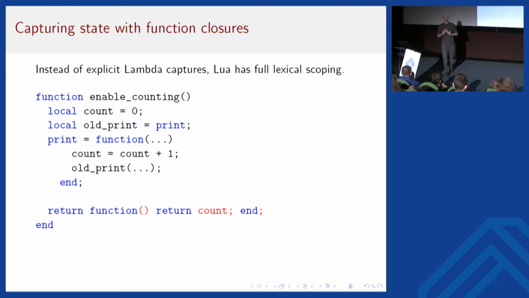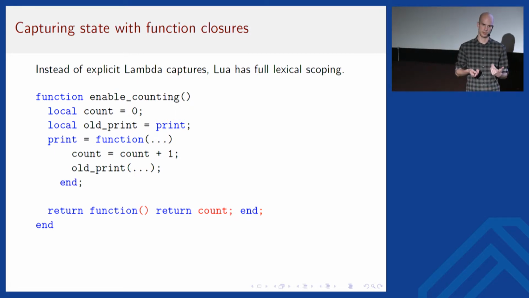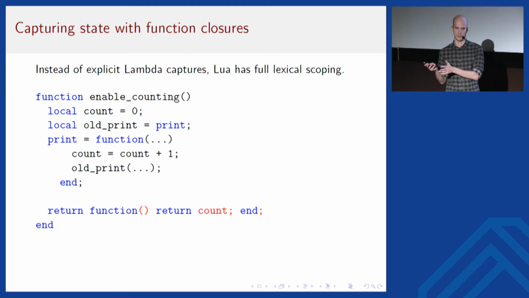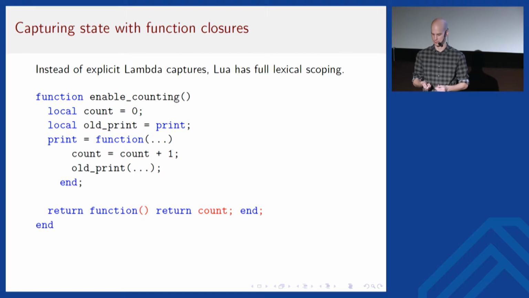And then when it detects that a local variable is about to go out of scope, but there are still closures that are referring to it, it moves that value over to the free store. And the closures are able to detect whether a variable still lives in its original scope or has been moved to the free store. It's a pretty clever mechanism. There's actually a paper on the Lua homepage that explains how to implement this. It's quite interesting.